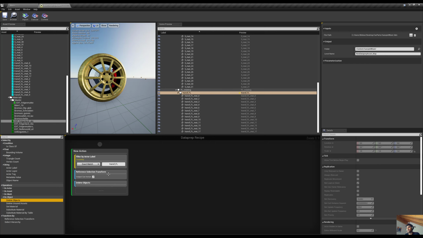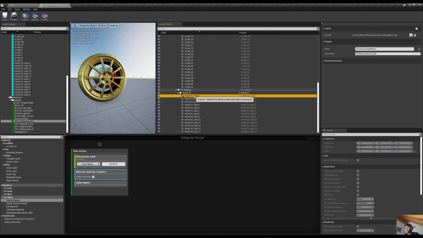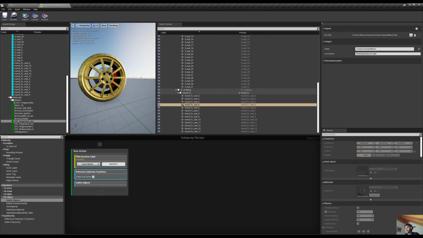So I want to grab this. So I'm going to just say trans FL mat4. I'm going to say that, okay, it just comes to here, perfect. And now I'm going to say select the transform. This one is going to stay, but the mesh is going to get deleted. So if I do that,